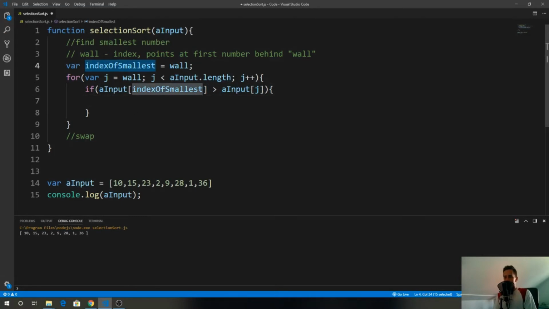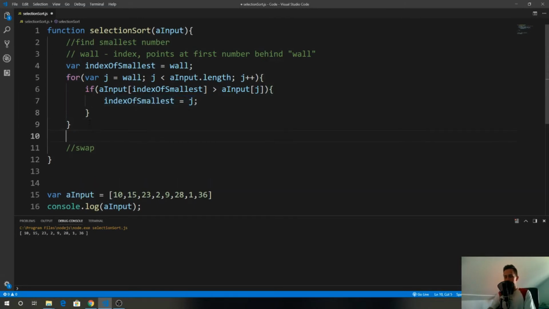Well, we know that inside this variable, we keep the index of smallest element. And we know that on index j is the new smallest element. So we simply change the value of index of smallest to j. Okay? So remember in the explanation video when we change the color of some element to blue. This is exactly the line that does that. Okay? So right now, after this for cycle, we have the smallest element